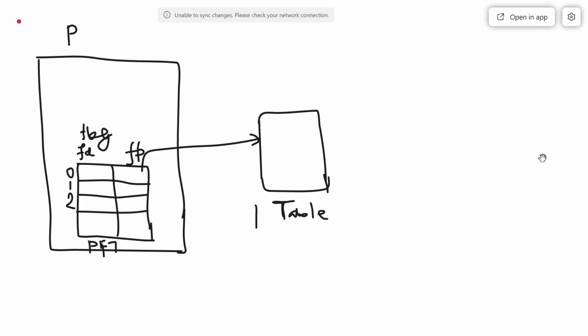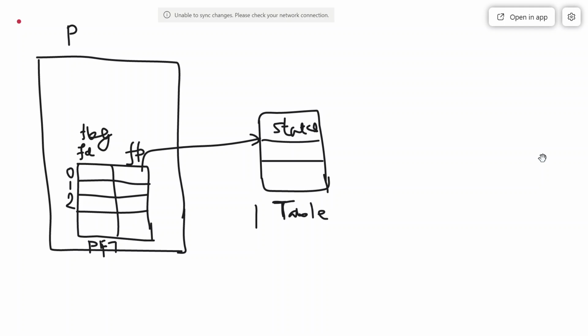And in this file table we basically keep a status flag, meaning the file status flag. The file status flag tells whether the file is open, closed, read, write, all those things. Then here is the offset, the current offset.